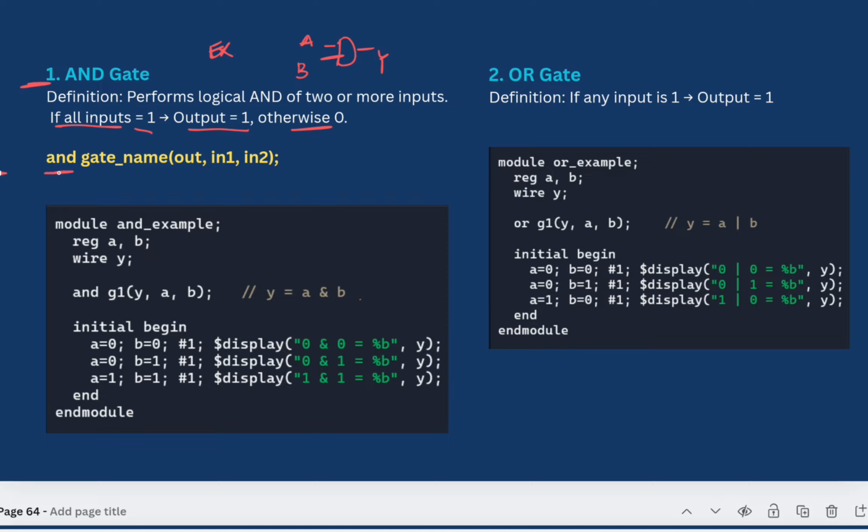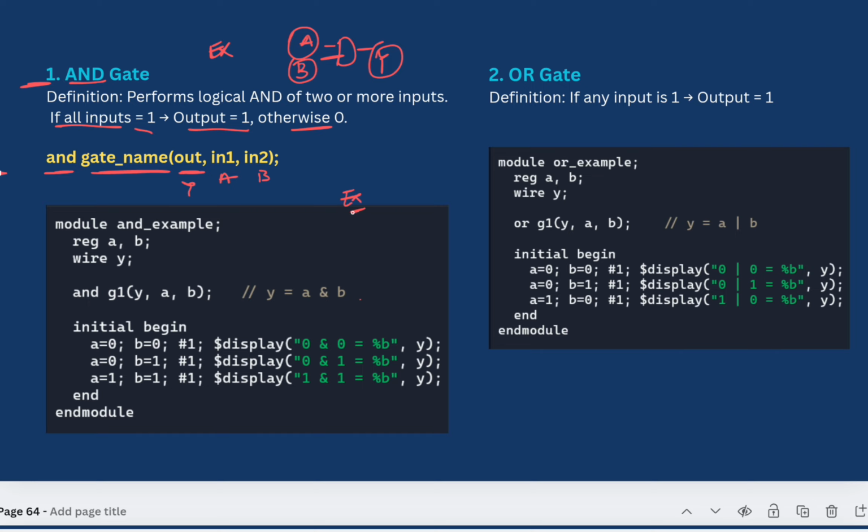तो देखो यहाँ पे क्या लिख रहा हूँ मैं, एंड। तो क्यों एंड लिख रहा हूँ, क्योंकि ये एंड गेट है। उसके बाद यहाँ पे नेम दे रहा हूँ। गेट का नाम तो देना पड़ेगा ना, उसके बिना कैसे लिखोगे। उसके बाद आउटपुट मेंशन करना पड़ेगा, जो अगर ये एग्जाम्पल कंसीडर कर रहे हो तो इसमें वाई आउटपुट है और ए, बी इनपुट है। तो यहाँ पे ए, यहाँ पे बी और यहाँ पे वाई हो जाता है, राइट। अब चलो इसका कोड देख लो।